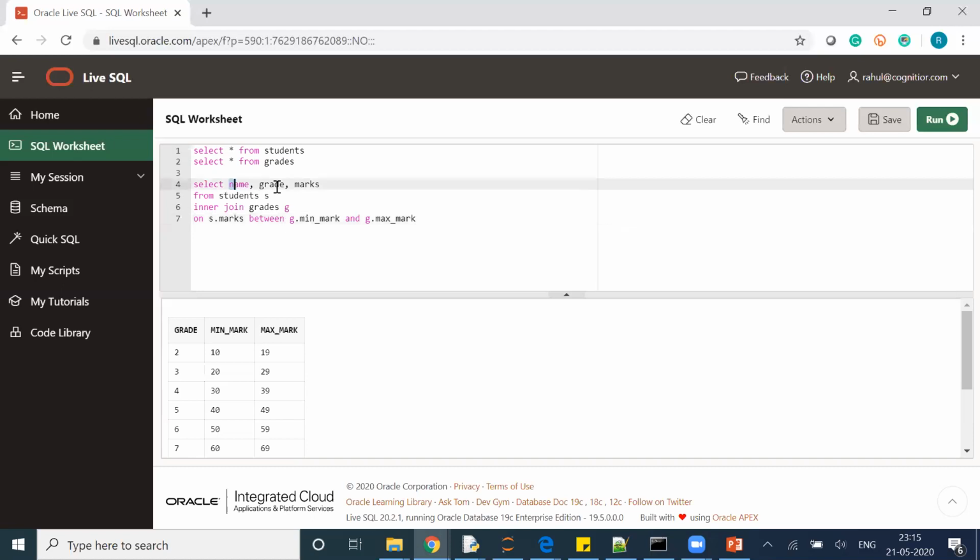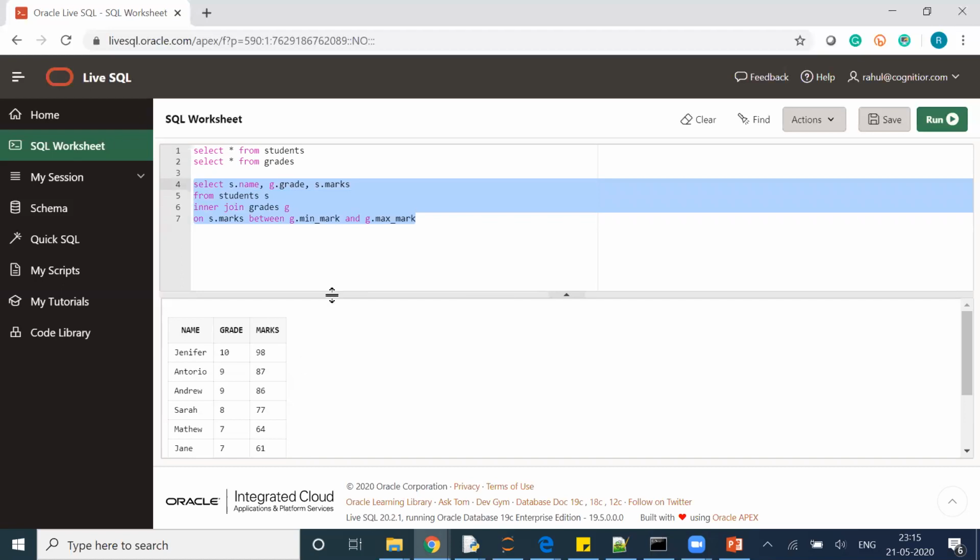Here I'll just write s. and this value coming from g. and this value coming from s. Let's see if this query is working or not. Let's execute it. So you can see that the output is coming fine.